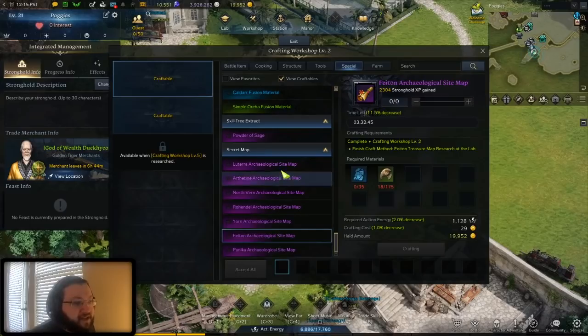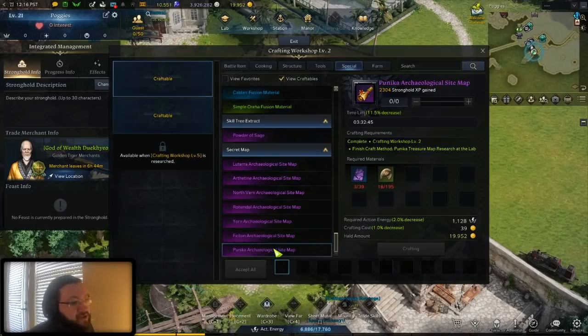Now, for the Phaeton and below maps, the resources that you get are going to be bound, so be careful. It's still very useful if you want to use them to improve your gear, super, super useful. But the resources from the Punica map, like the Solar Blessings and Solar Graces, are unbound, so you can sell those on the market. I don't know why this is the case. It's very weird that tier 2 and lower is bound and tier 3 is not. But definitely another huge